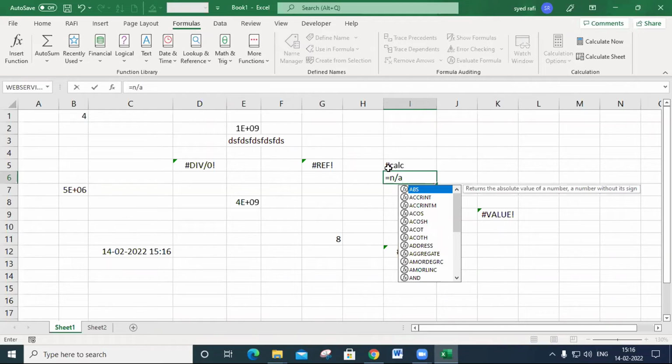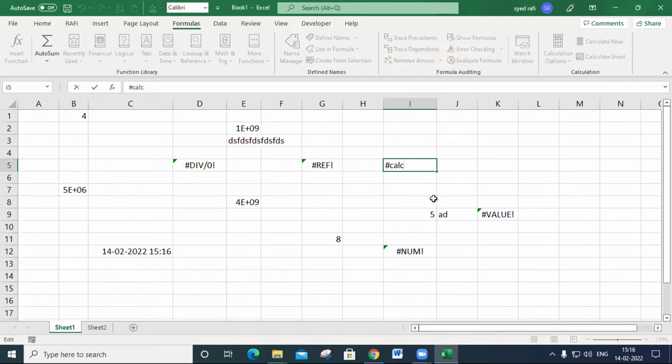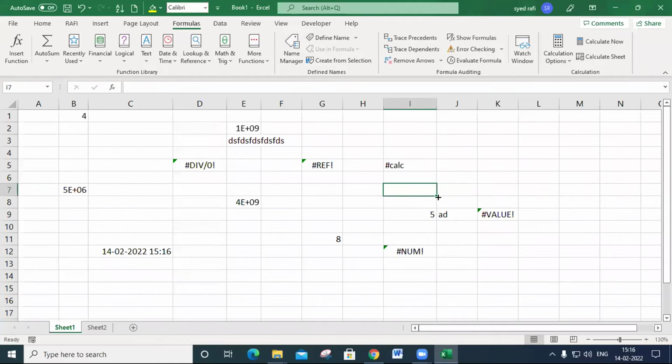In dynamic array formulas, when a record is not found, ultimately it will be displayed like this. While we discuss the Office 365 functions, then only I will explain this error message. Okay, so we complete these errors. I hope you can understand.